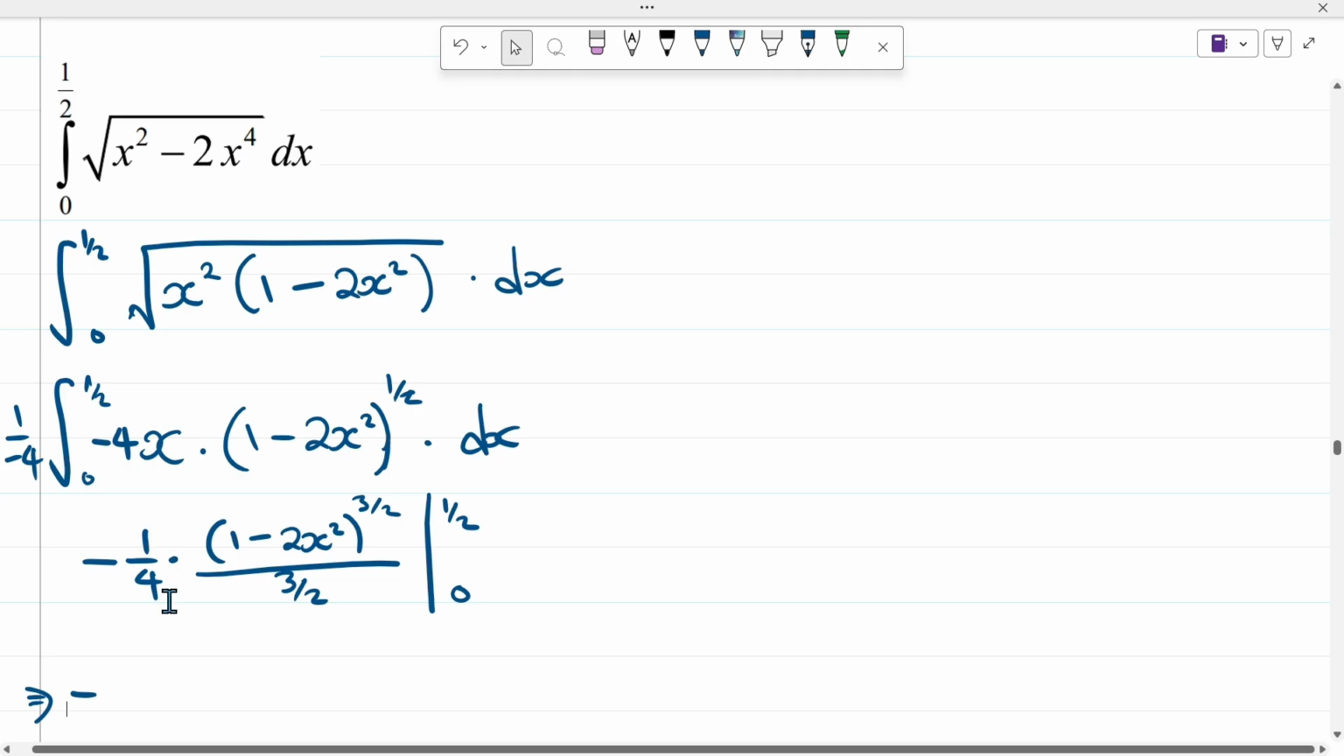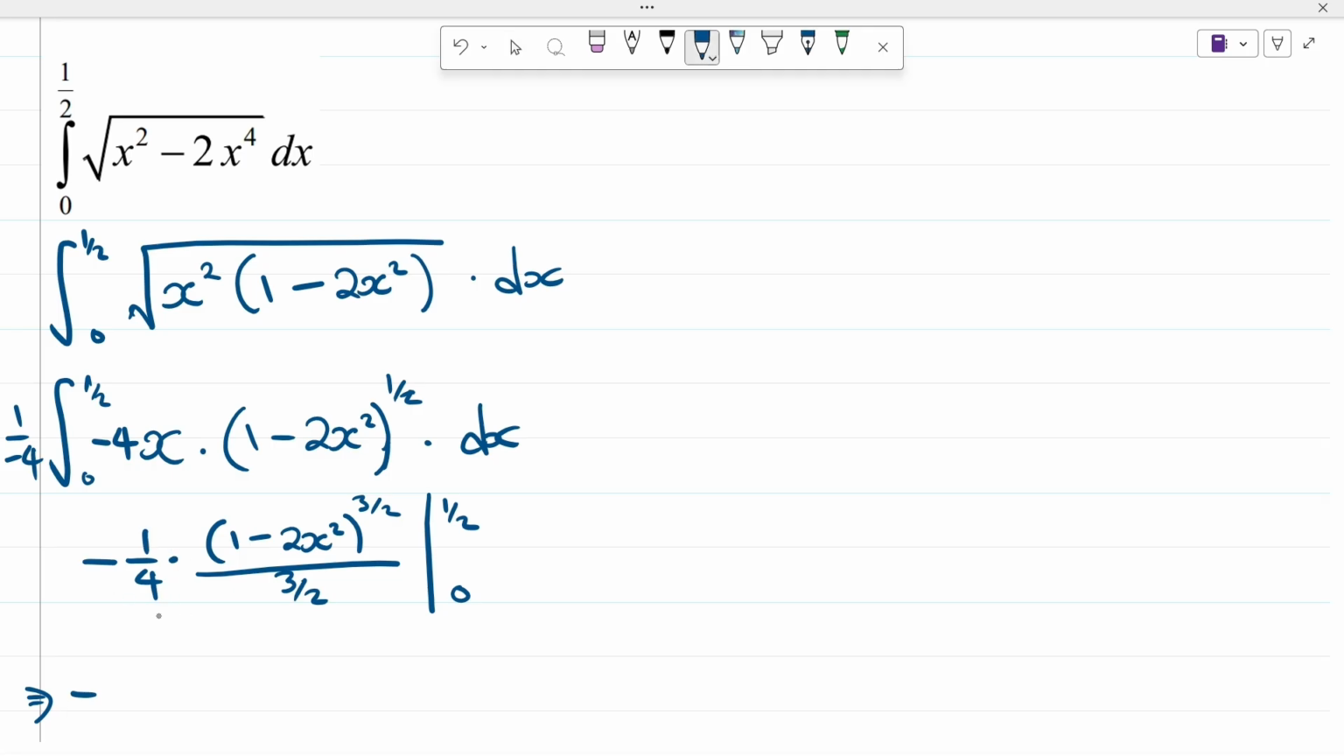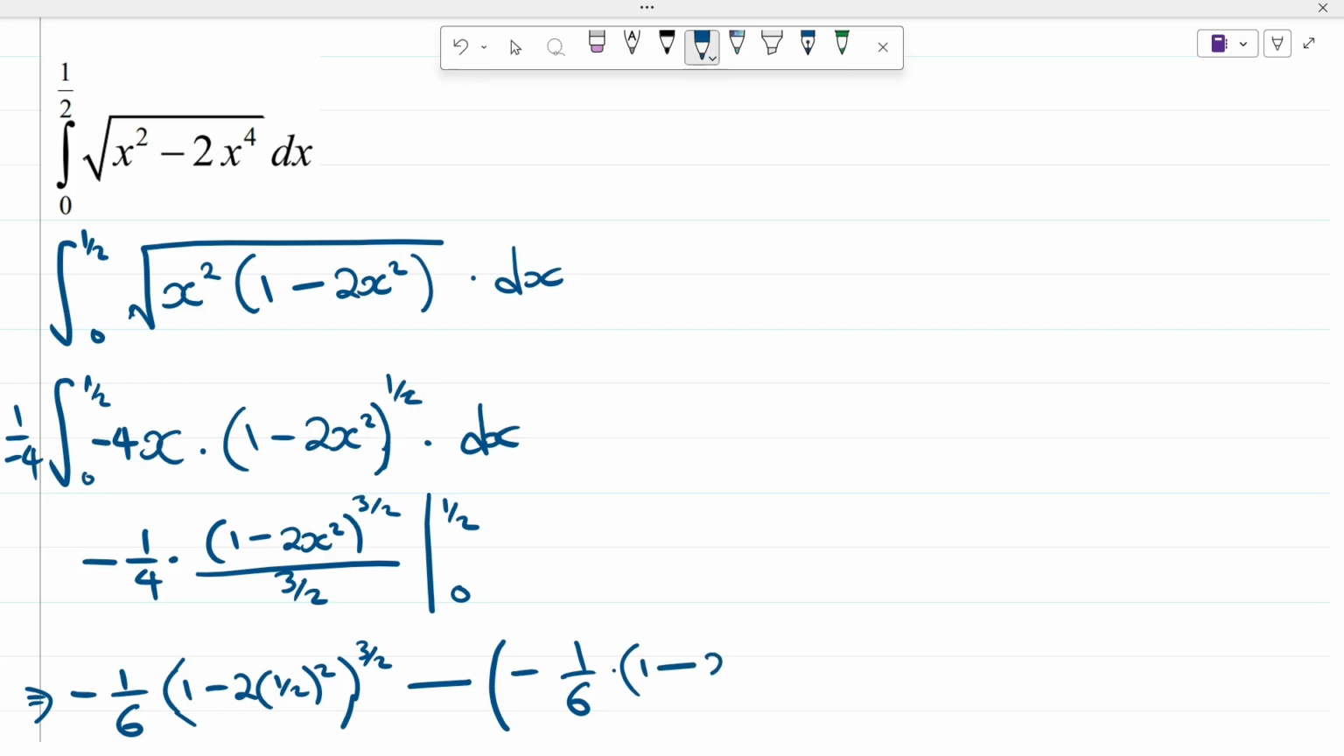So it's going to be 2 over 12. So 2 over 12, that's 1 over 6. So this is going to be minus 1 over 6. And then there I can just substitute my limits. 2 into 1 over 2 squared to the power 3 over 2, like that. And then minus, I substitute again, minus 1 over 6 multiplied by 1 minus 2 into 0